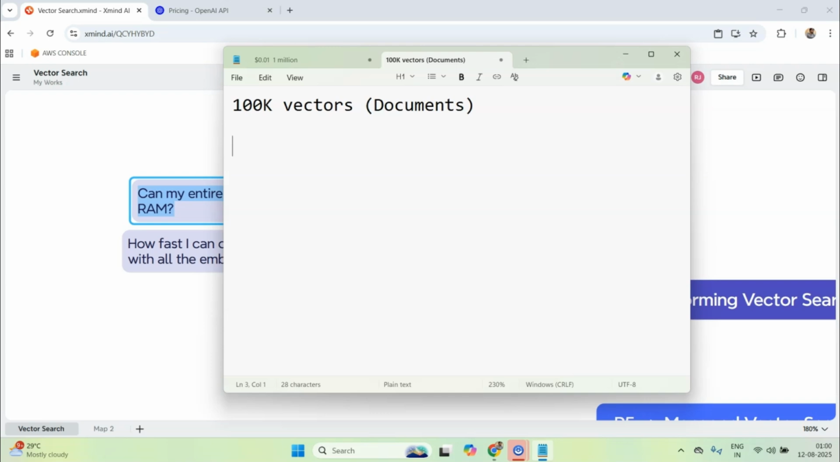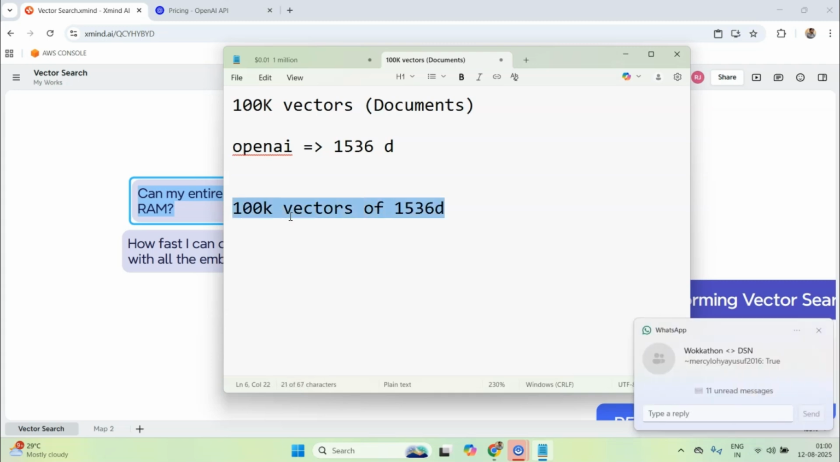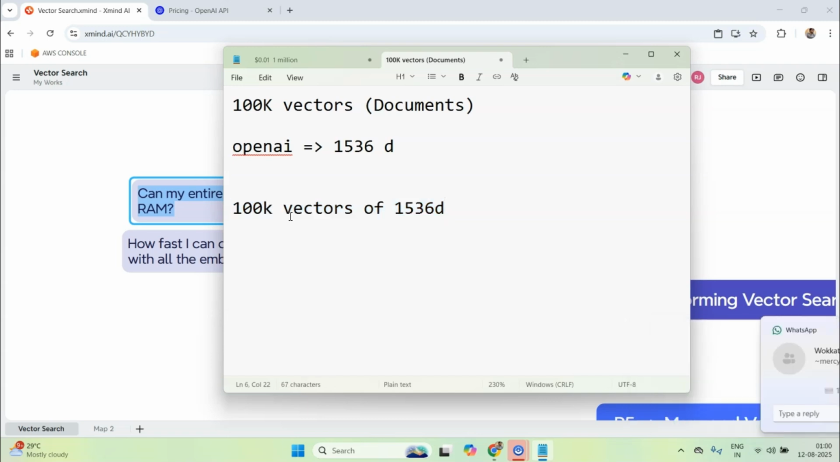So if I assume that you are going for OpenAI's API, OpenAI returns a vector of size 1536. So 1536 is the dimension of the vector. It means you will have 100k vectors of the dimension 1536. Now what would be the size of this entire thing in terms of storage and in terms of getting this into the RAM? So if I compute the size of one vector,